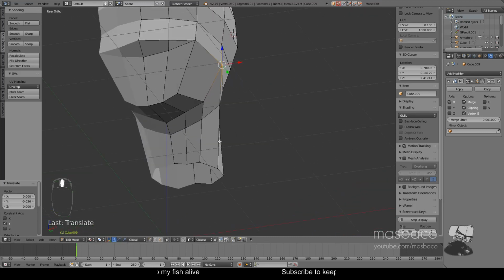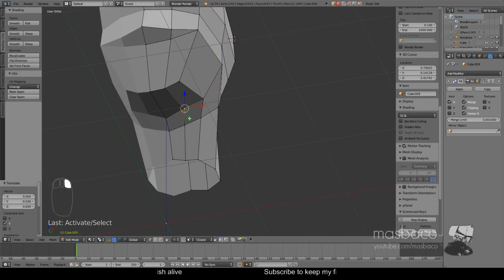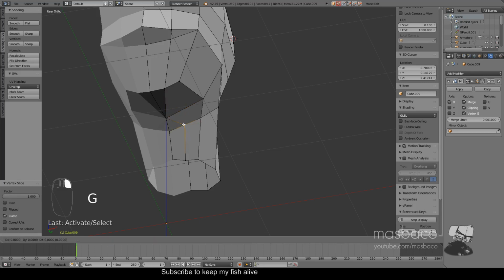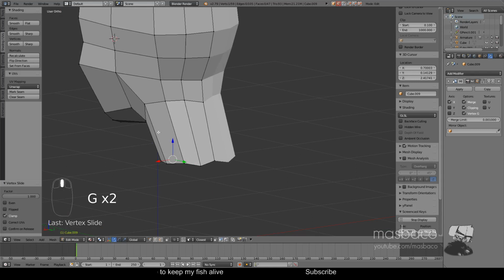Okay, to do this, just select some of these vertices, right click and press G and G again to make a slide move, I think. Also for the back one,